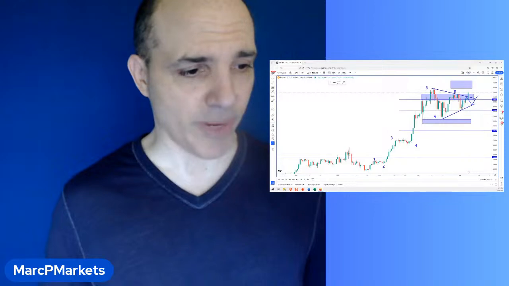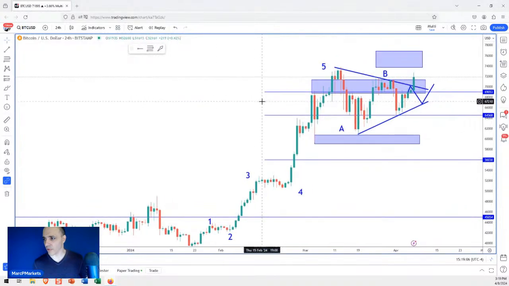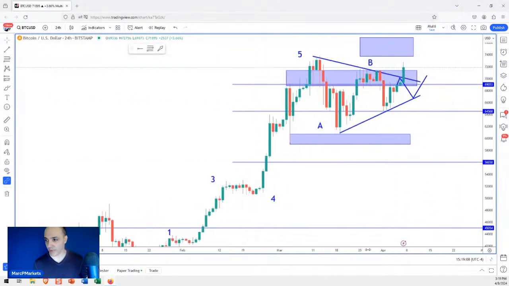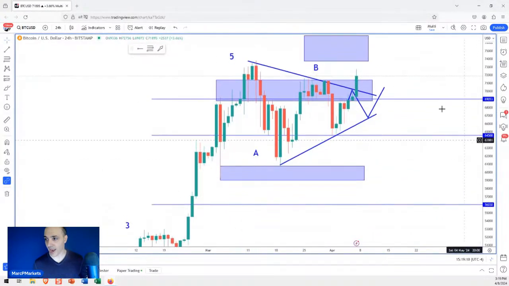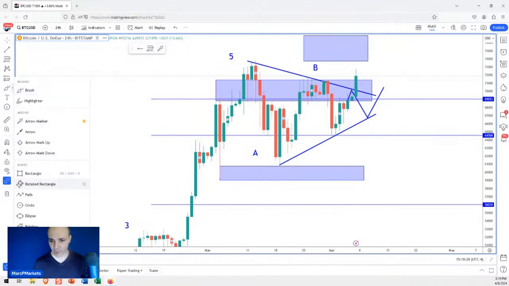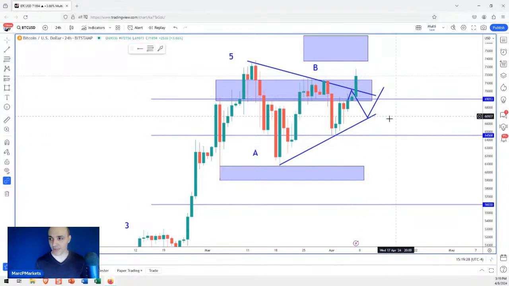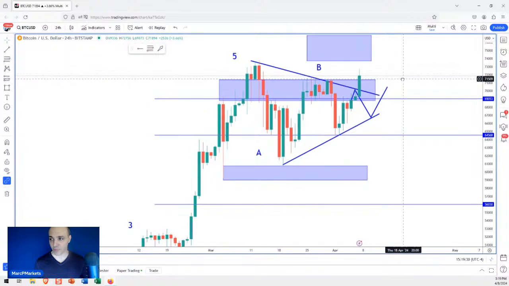All right. Let me make this chart bigger because you guys don't need to see my pretty face. There we go. So in my TradingView article that I published on Saturday, I highlighted this range, right? This consolidation, this triangle, which you can clearly see on the chart. And my scenario that I suspected was we stay inside the triangle, because in terms of wave counts, I have not put the other wave counts in here because I wanted to see how this played out.